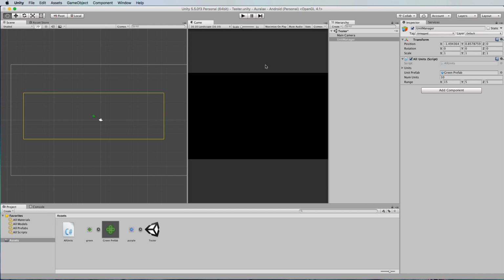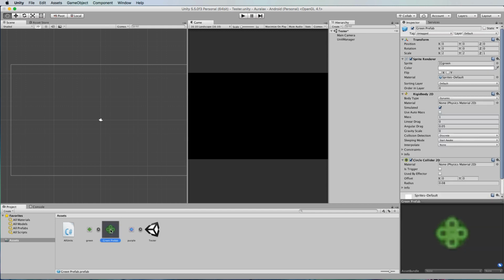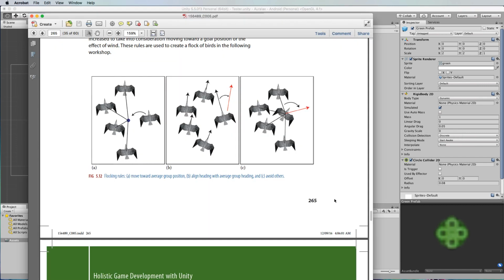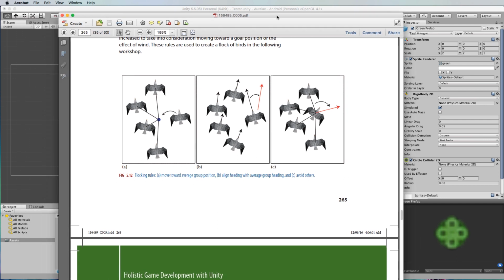Now we actually have to write some code to get the green prefabs, the units, actually behaving. Now, for those of you who haven't watched my other flocking videos, the 3D videos, I just want to explain how flocking works. So I'll just open up this page,